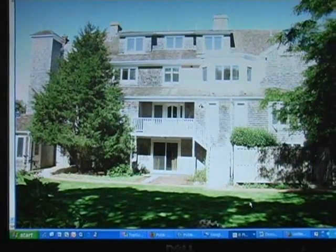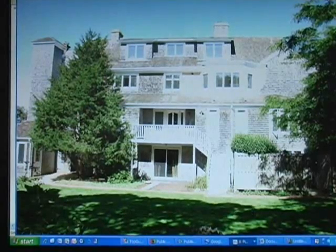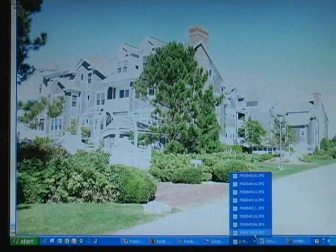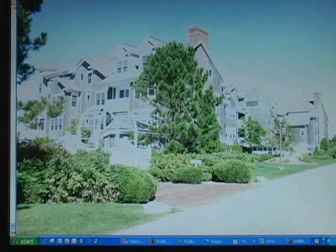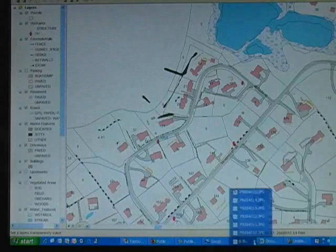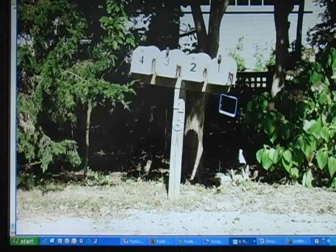We'll take a look at this condo here. Let's see if I can come up with the photograph. Get rid of that one there. I believe it's this here. Yep, 46. This is 46 Gunning Point Road. As you can see here, 4 mailboxes. The 46 is on the opposite side of the street, so I was looking around for what building was 46. Right across the street,